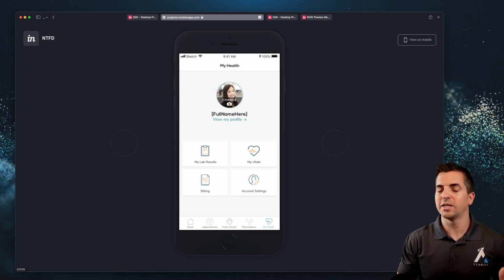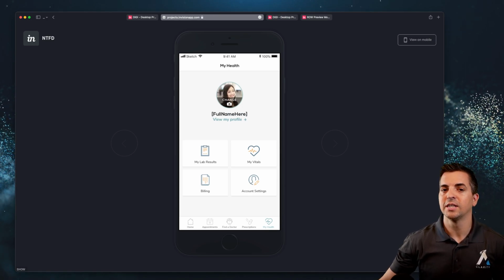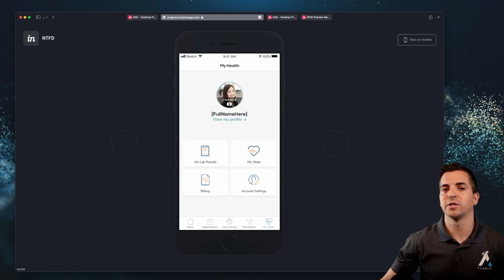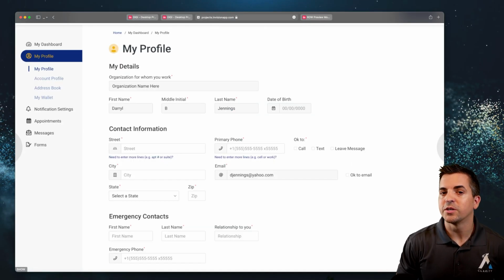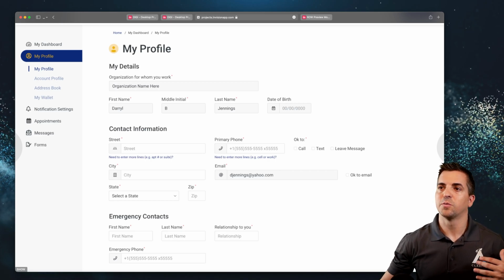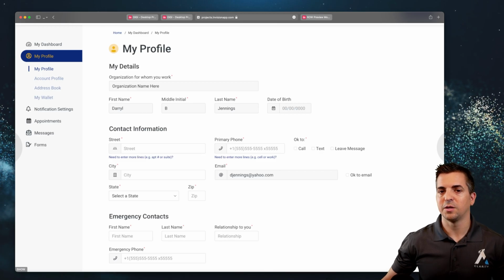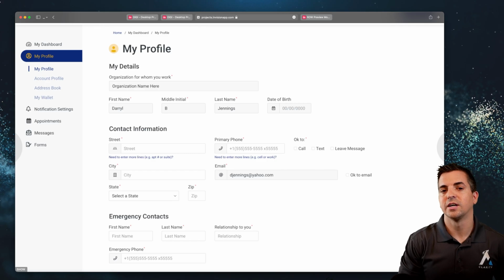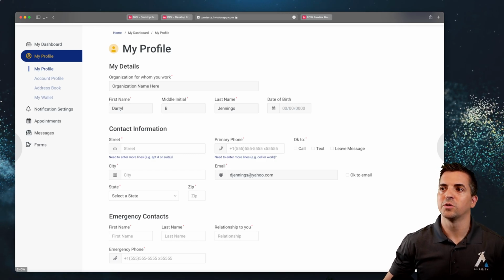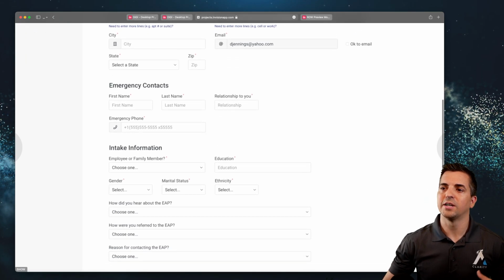Now, this is a really awesome way to go if you need to leverage a mobile application. Let's take a look at some other examples where the user is going into a desktop application as well. Okay, so here you can see that the user is accessing their profile. So earlier we were taking a look at the insurance information in a mobile application and within the insurance section of their profile. Now we're just looking at their general profile, and they can provide their information and they can update it here